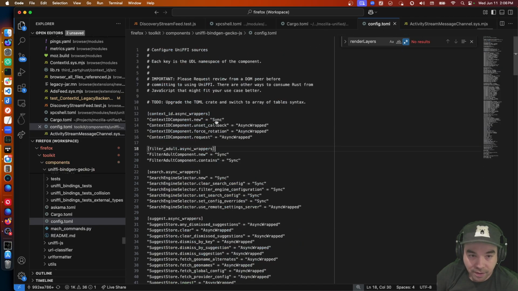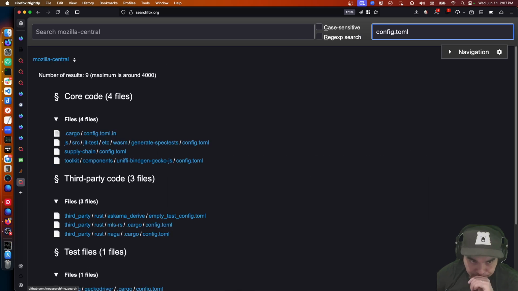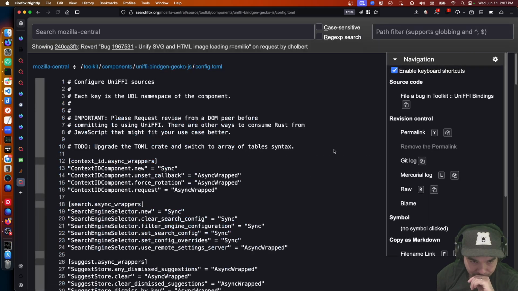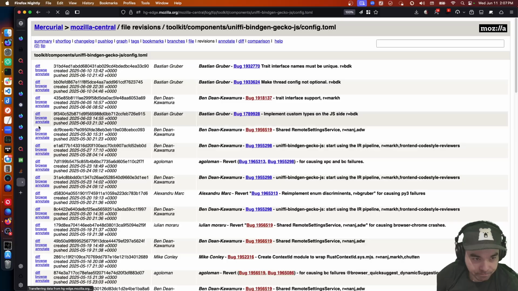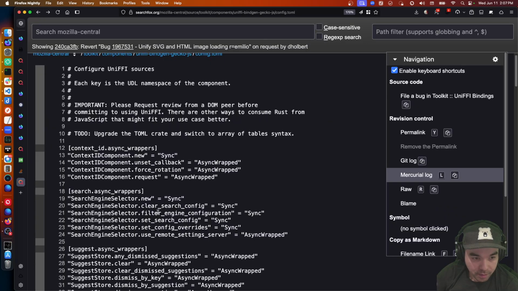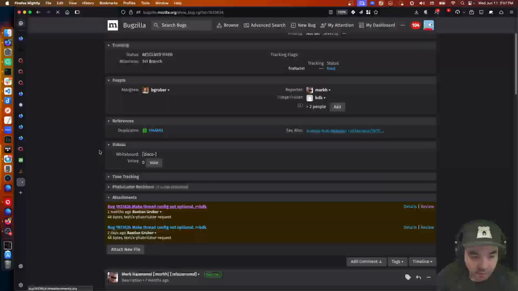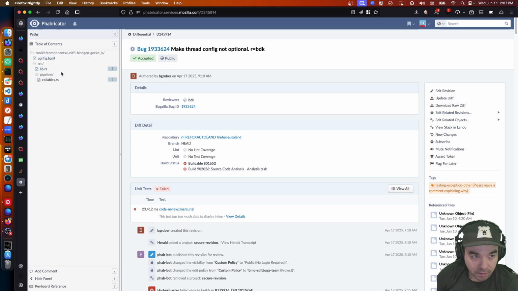Now, why that config.toml thing, when did that get introduced? Because I should mention it. Trait interface support. Like, when did this stuff come in? Make thread config not optional. June 9th, 2 days ago. Okay.